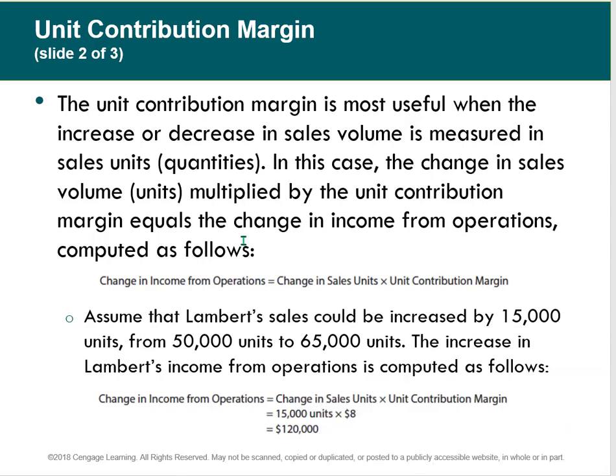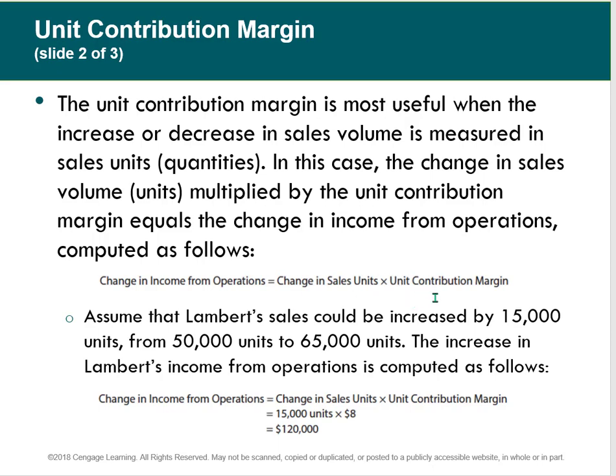So the unit contribution margin is most useful when the increase or decrease in sales volume is measured by sales units. So in this case, the change in sales volume multiplied by the unit contribution margin equals the change in income from operations. So the change in income from operations is equal to the change in sales units. Okay, so we went with this in this example, it's going up by 15,000 times the unit contribution margin, which